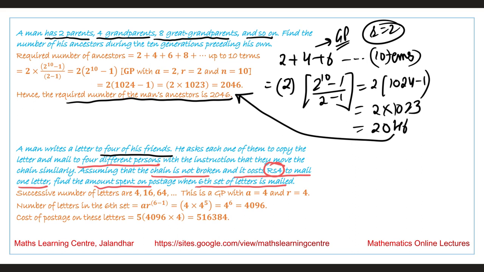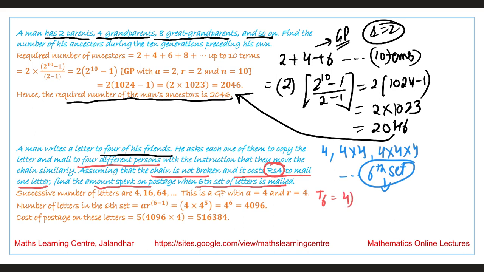Now we are saying the man has posted 4 letters. When the next set of letters is being posted, it is being posted by 4 persons to the next 4 persons. We are talking about the 6th set. So the number of elements in the 6th set, that will be T6, it is a into r raised to the power 6 minus 1, that is equal to 4 raised to the power 6, that is equal to